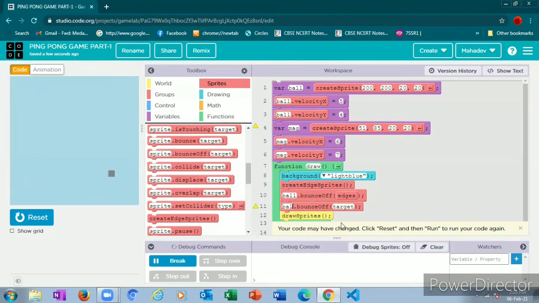So we are going to bounce off the second ball here. For your better understanding, I will give ball one only, because otherwise it will be very hard to find.